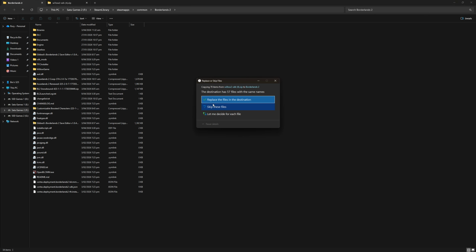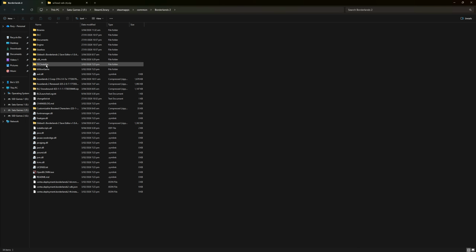Something like this might pop up. All you need to do is replace the files in the destination. I'm not going to do that because I've already downloaded all the mods that I want to do, but you can replace the files in this destination, or it should just automatically download with binaries there and SDK mods there. So the next thing you want to do is open the SDK mods,